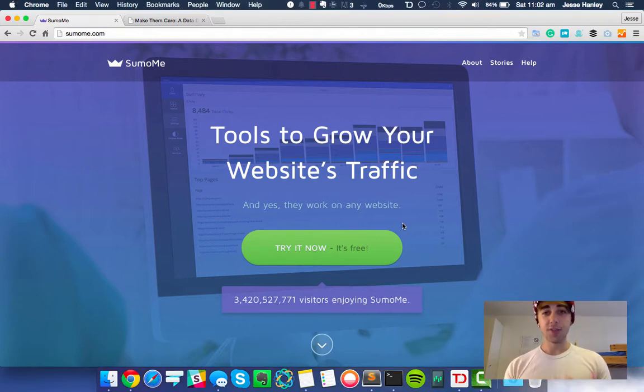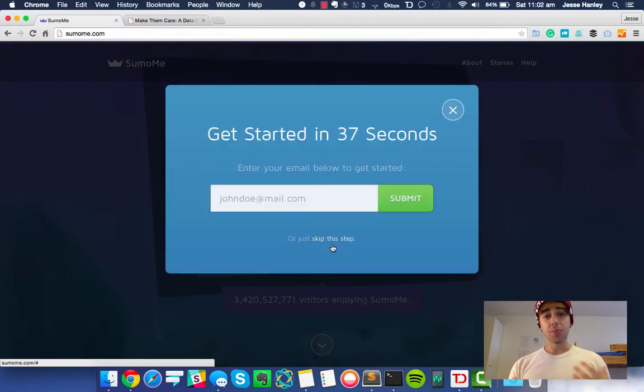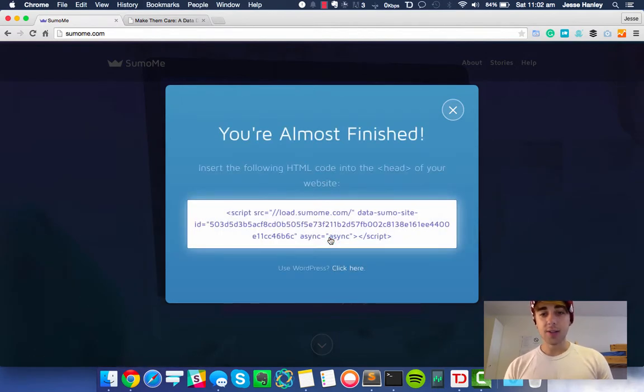Let's get started. The first and easiest step is to go to SumoMe.com's website and click the Try It Now, It's Free button. After you click that, it'll prompt you to put in your email. This isn't totally necessary just yet, so I'm going to click Skip this step. After you do that, it's going to come up with a little bit of script that you can inject into